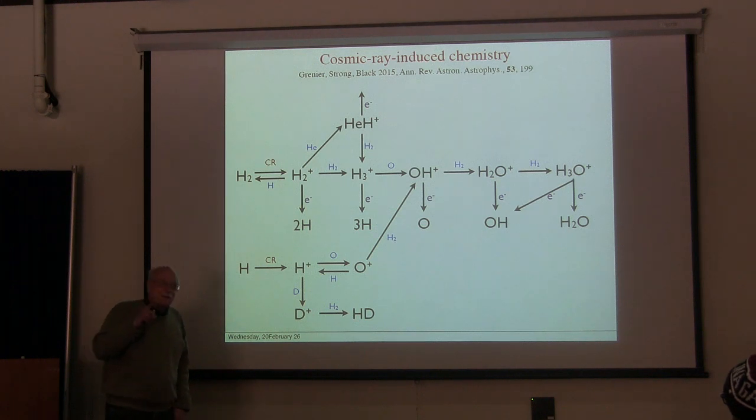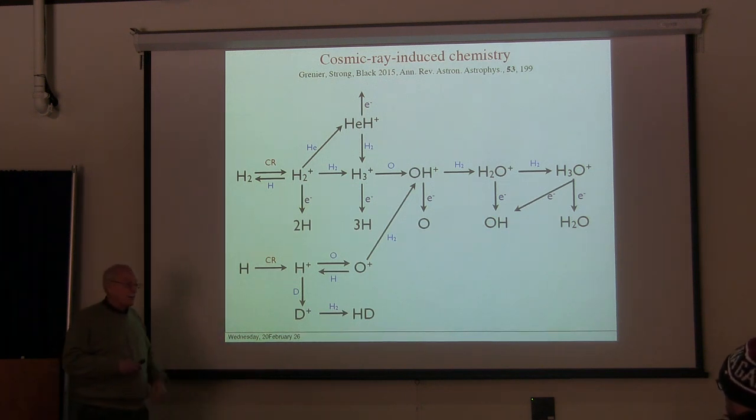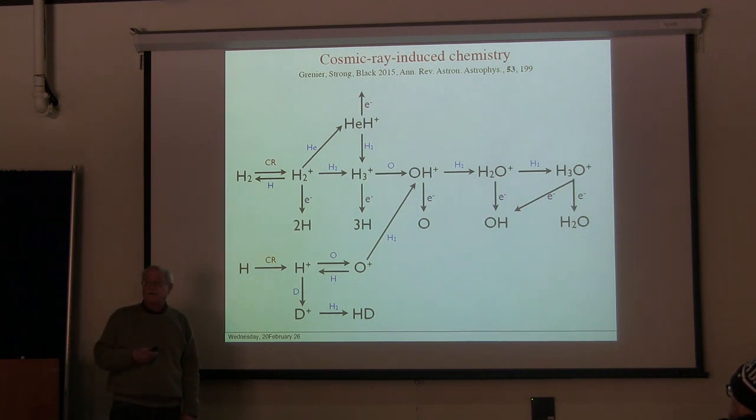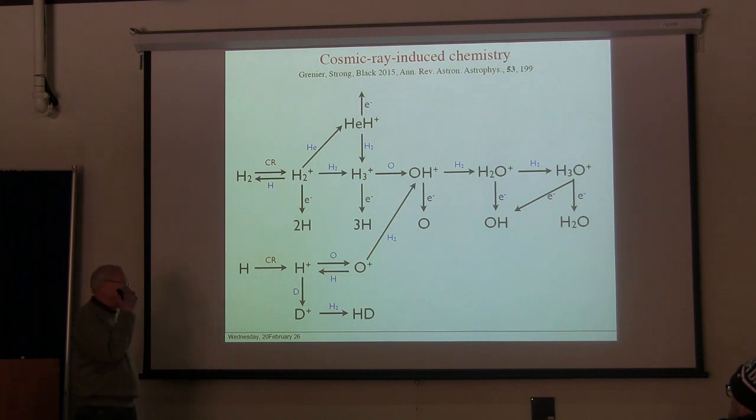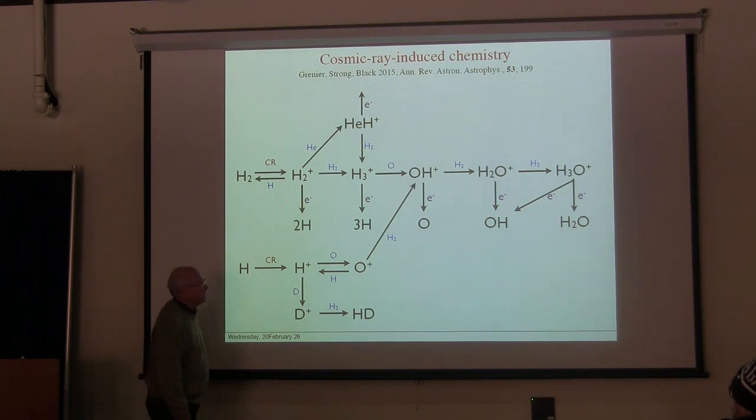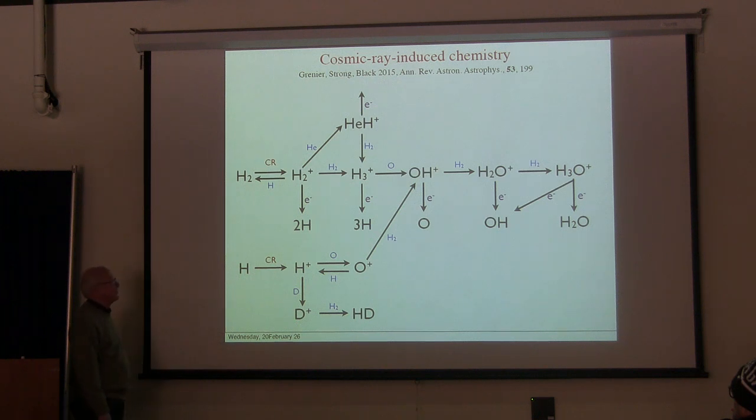On the other hand, it's only the low energy cosmic rays, meaning something of the order of 1 MeV per nucleon or less, that are effective in producing the interstellar ionization, but those still are capable of penetrating a fairly large stopping distance corresponding to column densities of the order of 10^22 hydrogens per square centimeter. So comparable to the central thickness of a molecular cloud, even for some of the low energy cosmic rays. So the cosmic rays tend to be the most important penetrating source of ionization in the interstellar medium